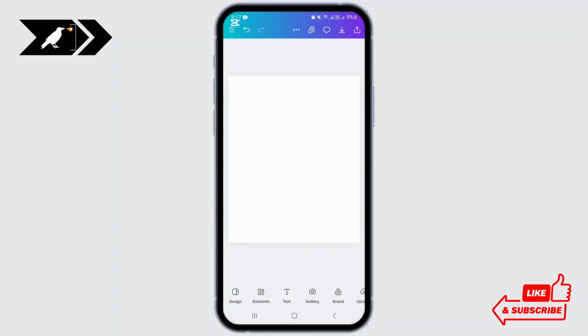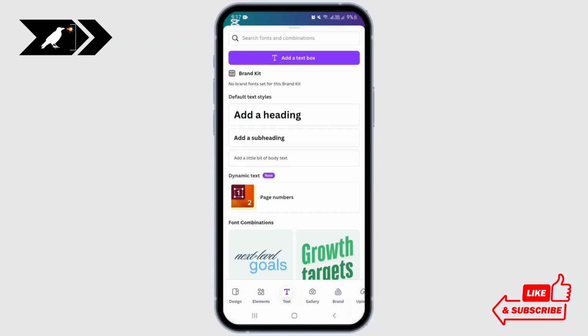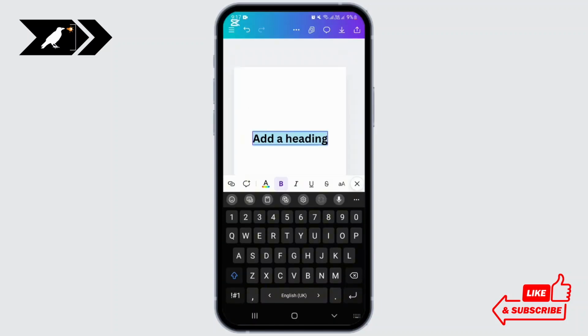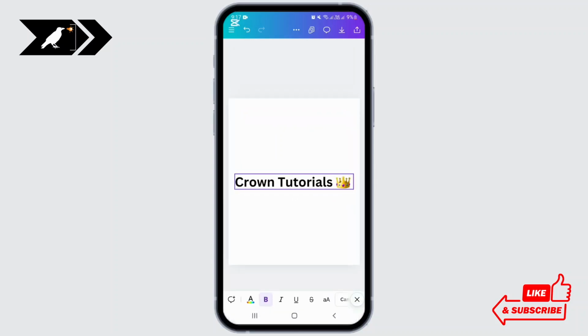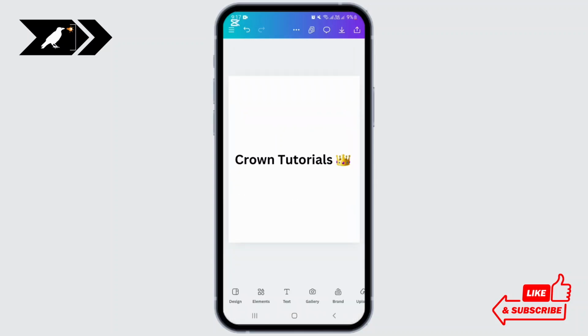For that, I am adding a text here, so it may be a heading. Okay, so I am typing here. All right, so I have added this text here. To copy the text from here to another page or to the existing page, you will have to click